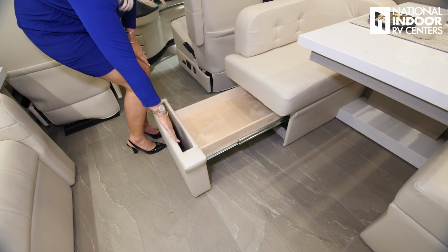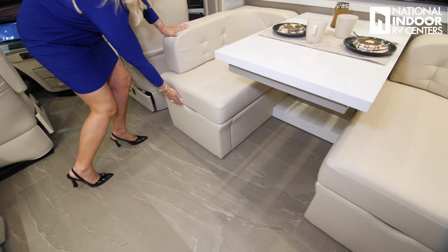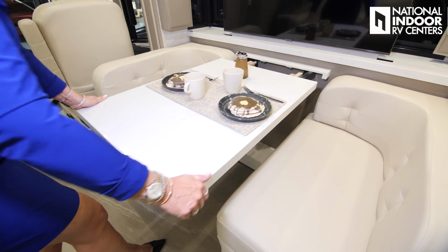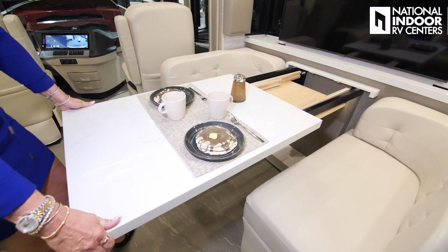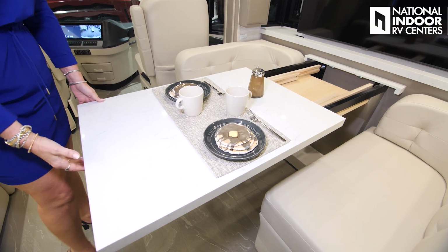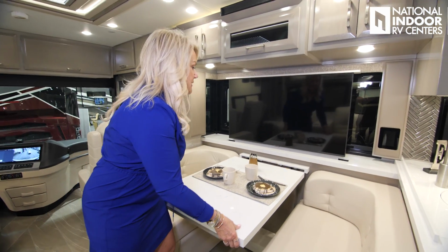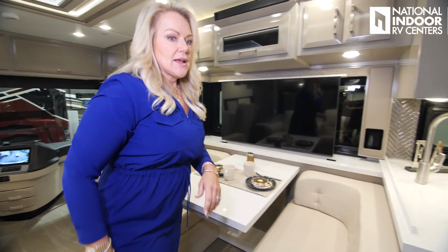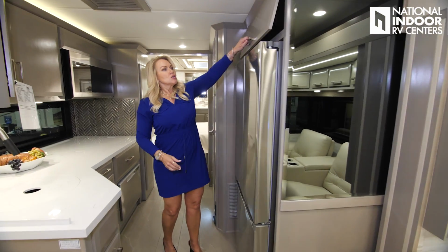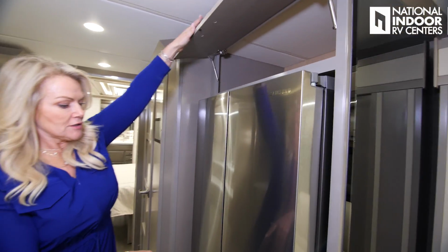So a little pocket of storage here, plus this on both sides. This is going to extend just like all of our other tables. So nice, really extends far. We're going to be able to put down that extra leg, get 2 more chairs here so we can easily seat 6. Now as we go into the kitchen, we've got the beautiful mirror here, storage above, our refrigerator, freezer,